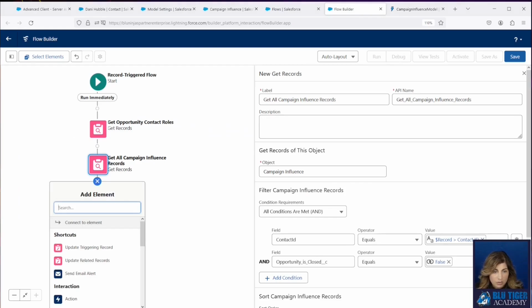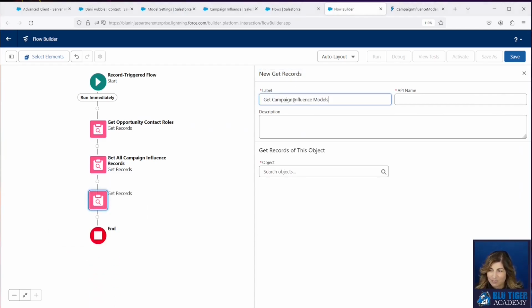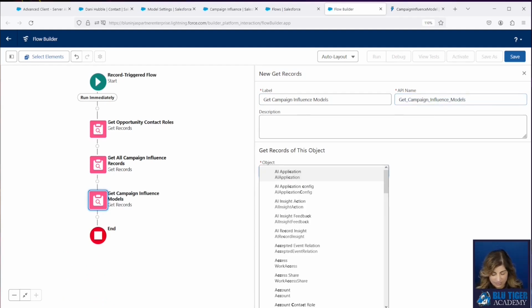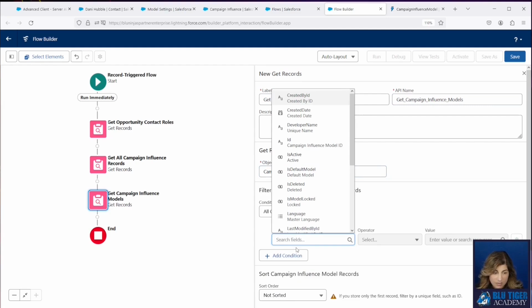Next, we're going to look for all of our campaign influence models because we're going to use this for all of the models that we create. We're going to do something similar to what we did before.